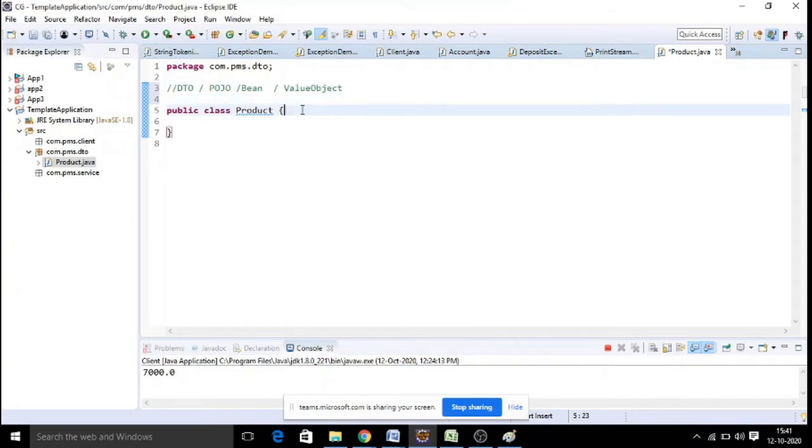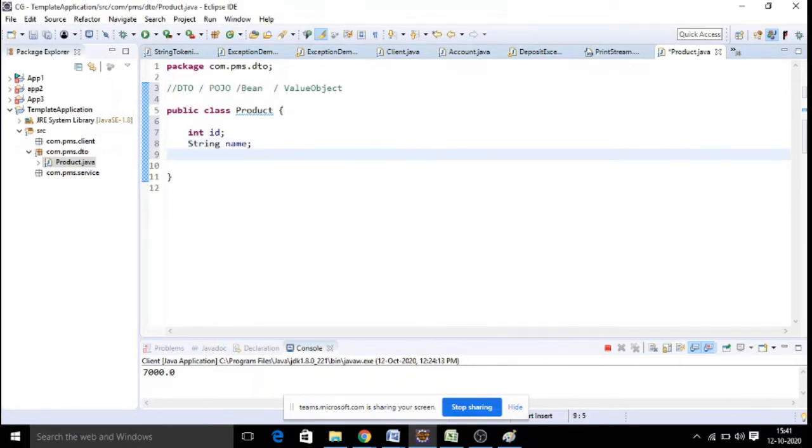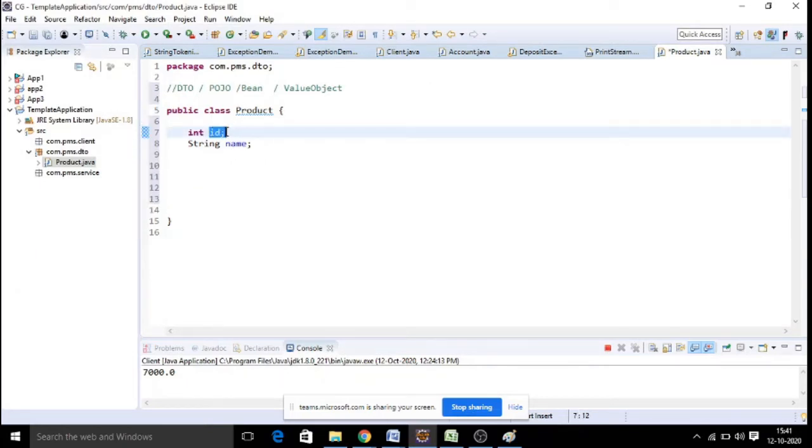So what exactly does this product class contain? It contains the product details. Let's say product ID, product name, product quantity, price, manufacturer name, whatever data you want. You declare all the data required for the product. Here, for example, I just want to check whether the product ID and name can be stored and retrieved. The complexity depends on your application, and you have to increase it.